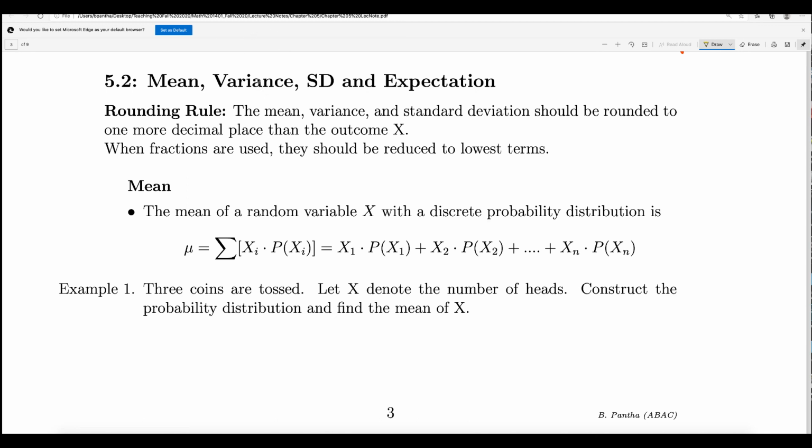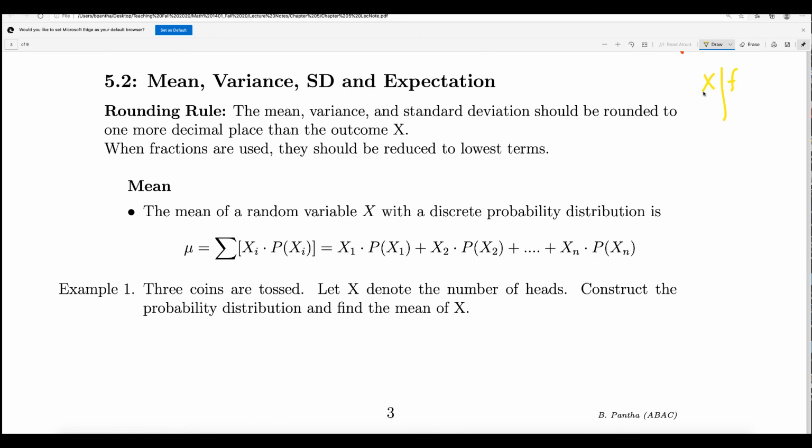In this video, I'm going to talk about the mean, variance, standard deviation, and expectation of a discrete probability distribution. If you remember from chapter 2, we discussed finding the mean, standard deviation, and variance for a frequency distribution table. Frequency distribution table means we had x, and then we had f,